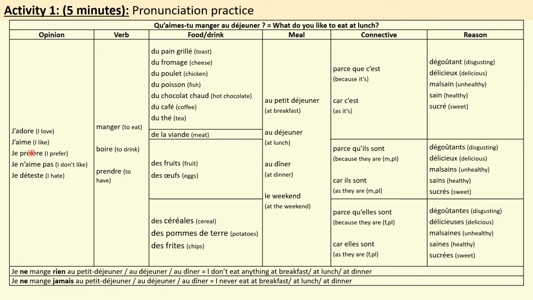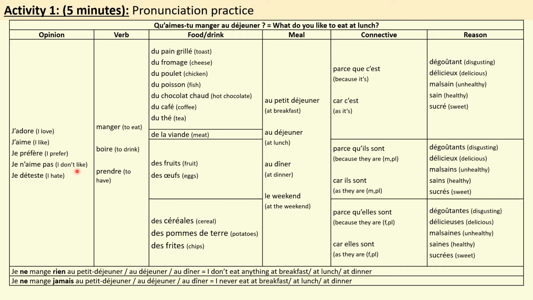Your turn. Good. Je préfère prendre des fruits au dîner parce qu'ils sont sains. Your turn. Good.